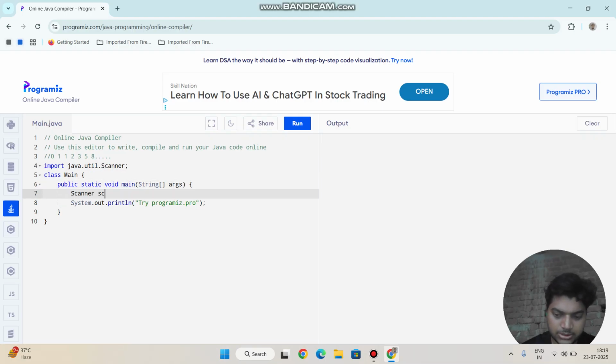Scanner sc is equal to new Scanner(System.in).